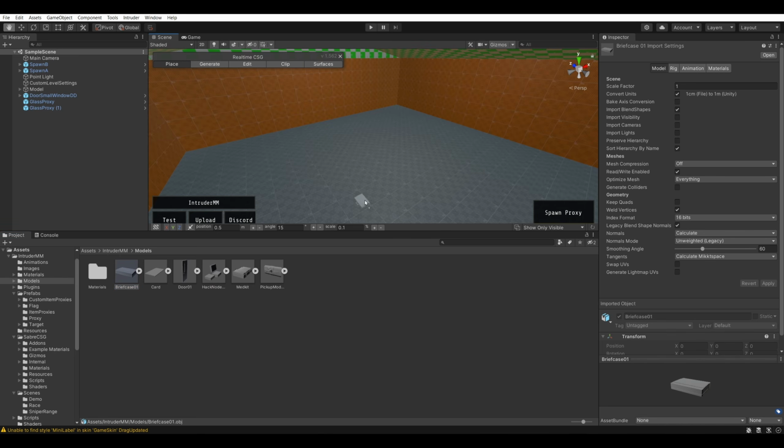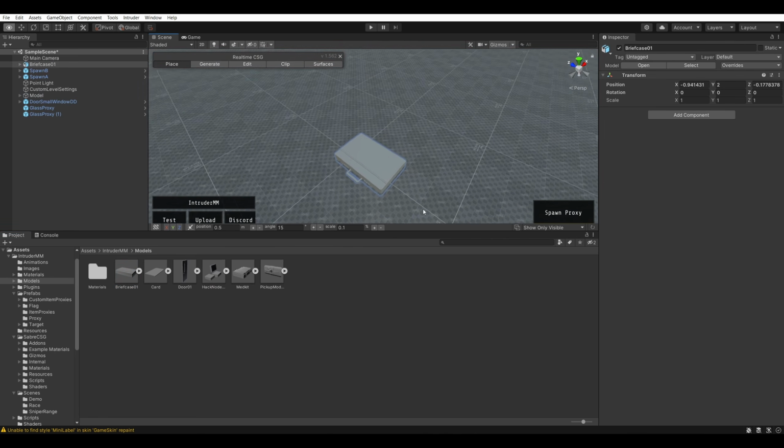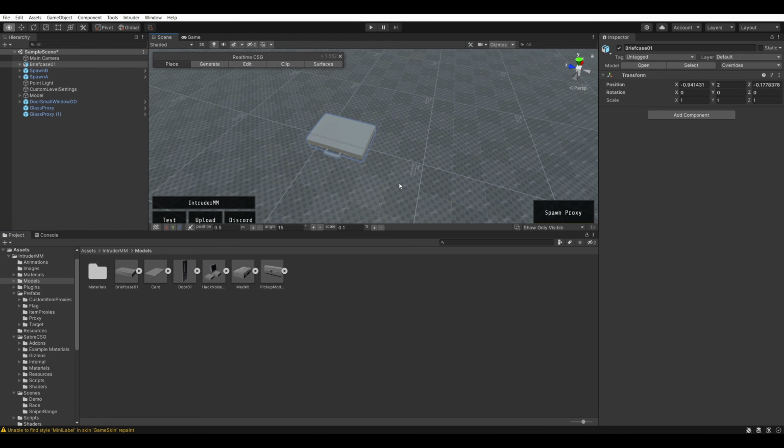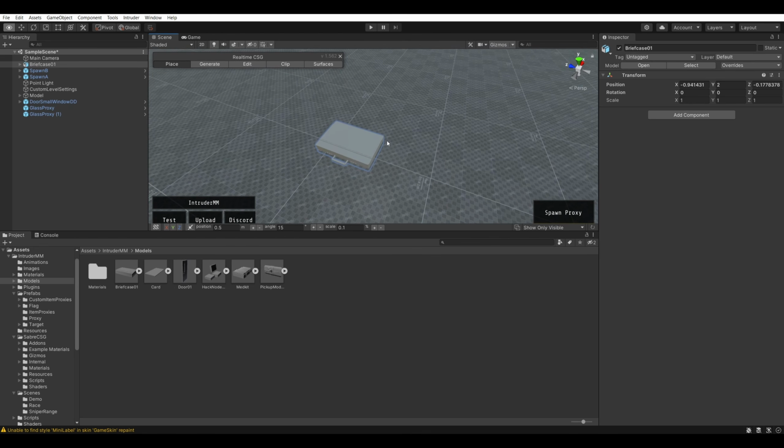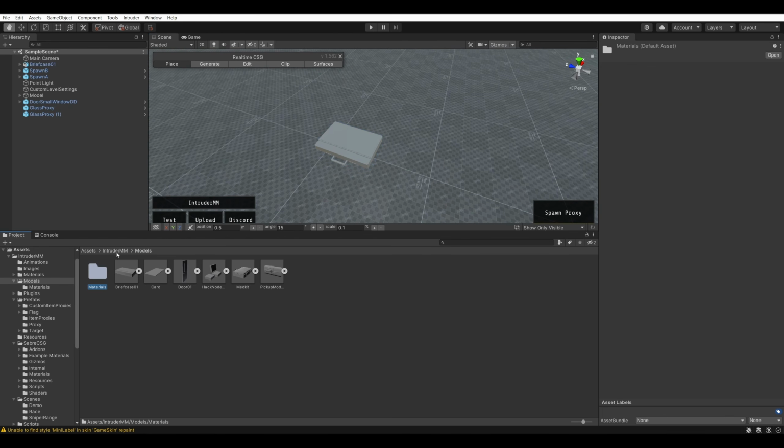Here's our briefcase. Okay, great. Let's put this briefcase here. Now, does this briefcase function without a script? I don't know. I don't know if we can even pick it up. I'm going to guess it doesn't. Shooter MM, animations,